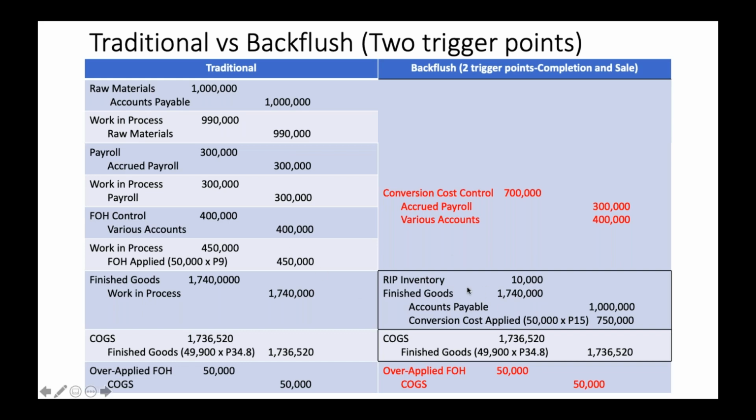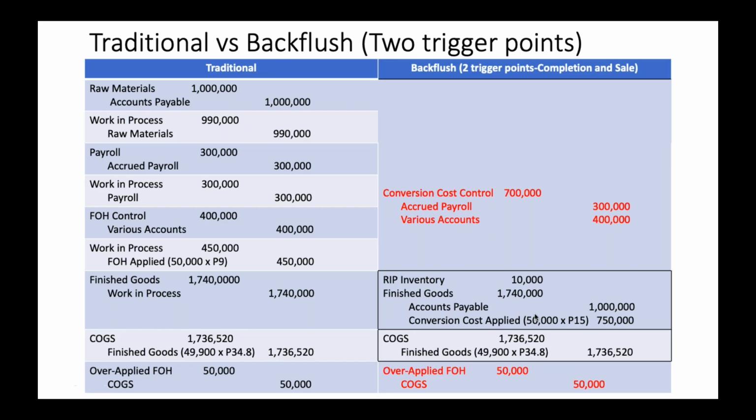So debit finished goods, 50,000 at 34.8, and then accounts payable is 1 million, and